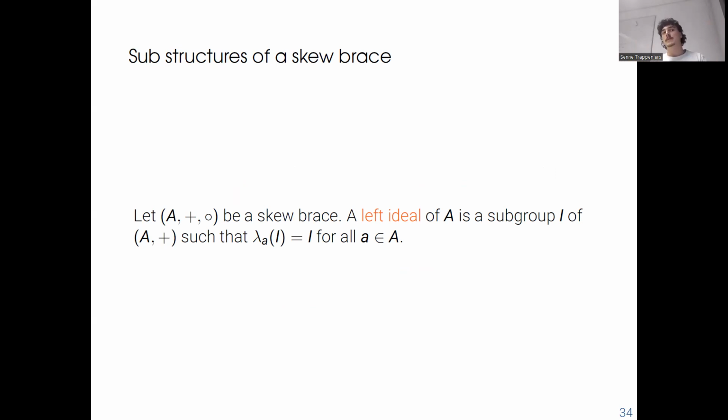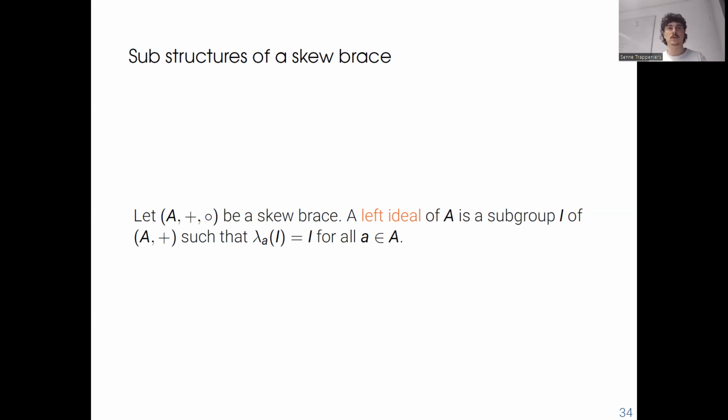Well, there's plenty of them that might be important, but one of the earliest substructures of skew braces to show up are left ideals. What's a left ideal? Well, starting from a skew brace A plus circle, we say the left ideal is a subgroup of A plus, such that it's fixed under the lambda action, so not pointwise fixed, but mapped to itself. So there's a natural notion. It should be noted that from this, it follows immediately that this is not just a subgroup of A plus, but it also gives you a subgroup of A circle,